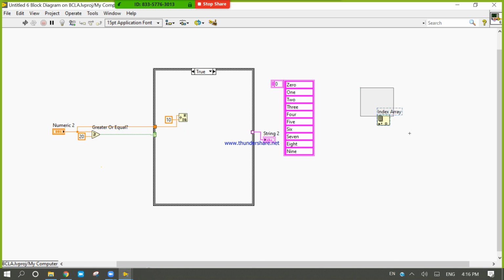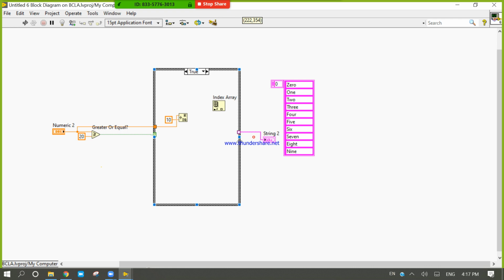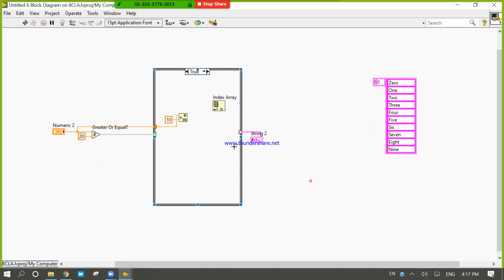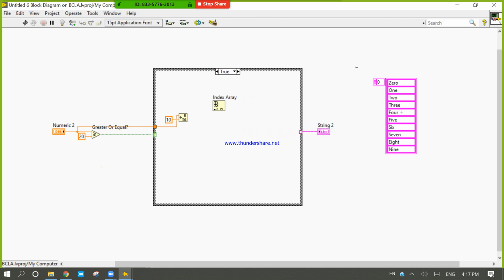So for that I will use this 0 to 9 tools for the backgrounds.